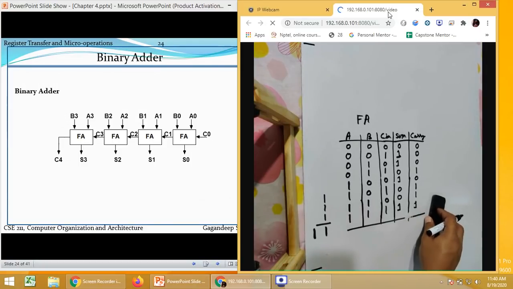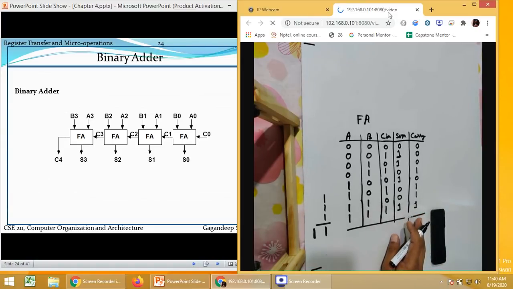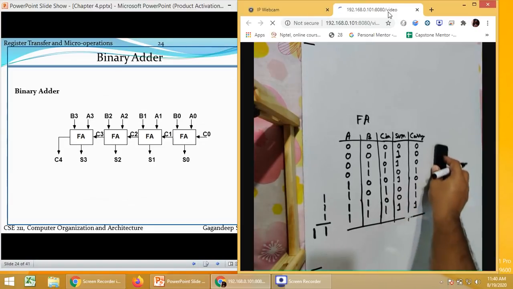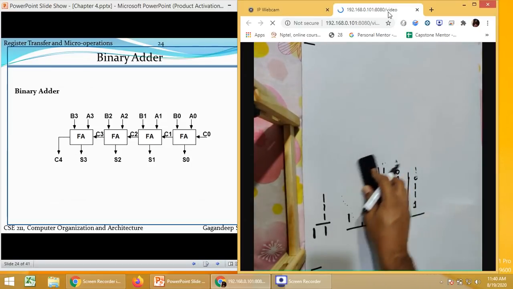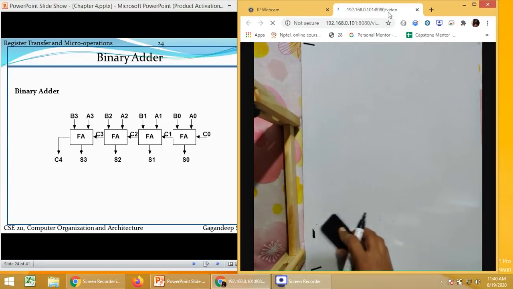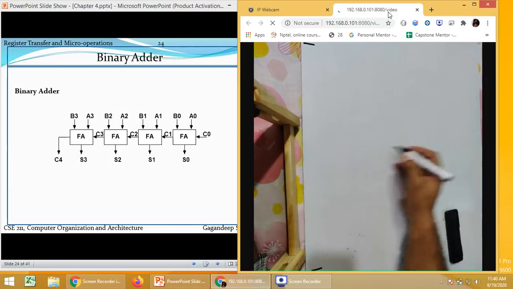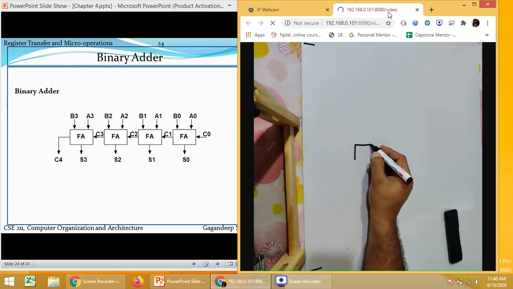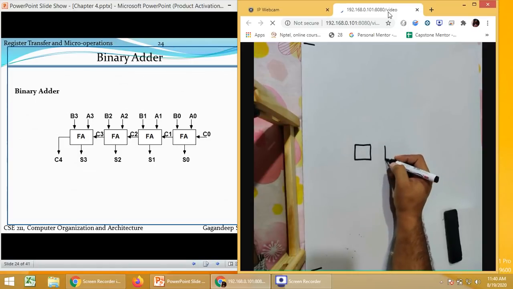So this was the truth table of a full adder. After this, how do we use this full adder in our binary adder? This is a 4-bit binary adder which we are working on.